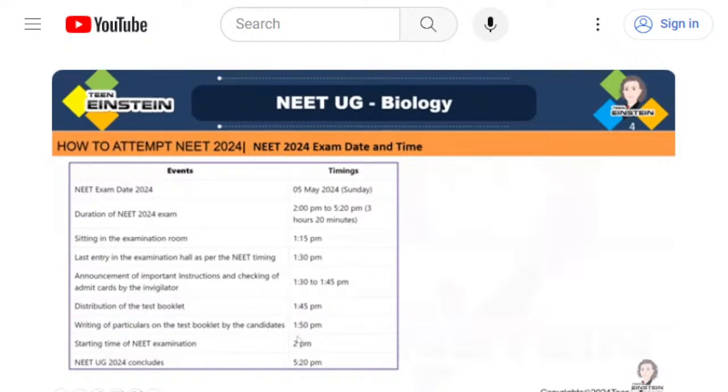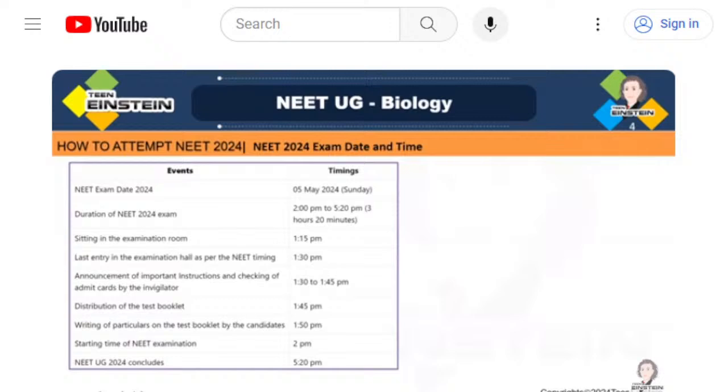They will give you the booklet, but you are not supposed to open that. You can write the exam, the writing time will start at 2 p.m. Okay, and around 5:20 p.m. you have to return all these things. You can conclude your exam. Clear? So first and foremost thing which I want to tell you that reach